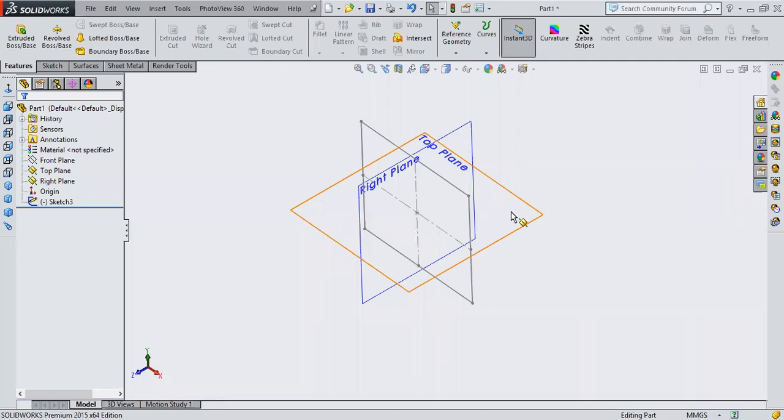The right plane is like this. That means it can easily move in this pattern and add the material, how much you want, at what length you want. But it can't add the material in the top plane just because it's a single sketch here, so it cannot be extruded. Okay, got it? Got my point? Yes, sir.